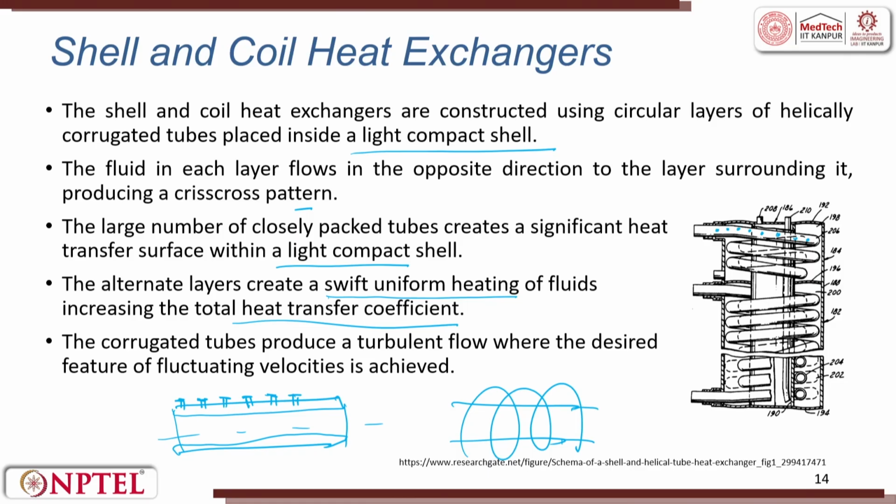When the heat exchange happens, you should remember the things we studied for convection. The fluid is flowing on top of it, the thickness of the fluid plays a role, and there can be a vortex which is created. So, all these things can take place. The other thing is the corrugated tube. The corrugation gives a surface area increase. The corrugated tubes produce a turbulent flow where the desired fluid velocities are achieved. So, the laminar flow is disturbed when you have undulations on the surface. That creates turbulence and there is a heat exchange.